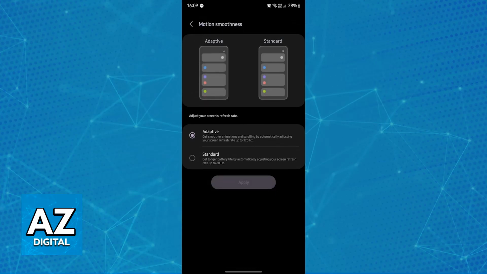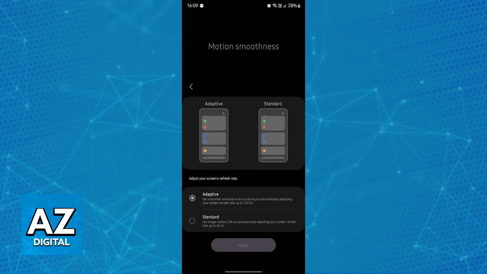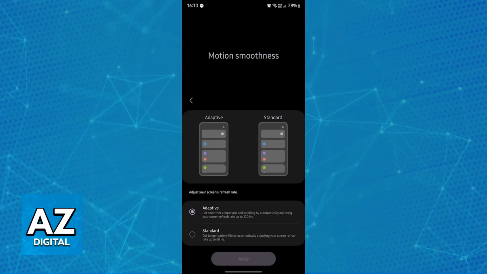However, adaptive is enough, and even though I had my doubts about not being able to lock it to 120 Hz like my old mobile device, it is going to be quite nice. So you don't have to worry. You are still going to get the full experience of 120 Hz when you are playing fast-paced games, or even in day-to-day use when you are browsing, reading, and so on, you will notice the difference. Even in this example here, it's easy to tell that standard is much more slow and jarring than adaptive.